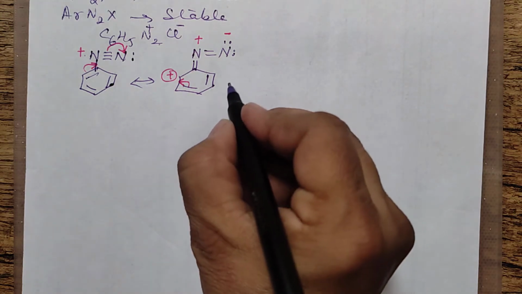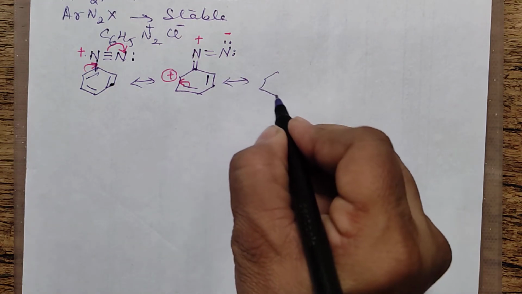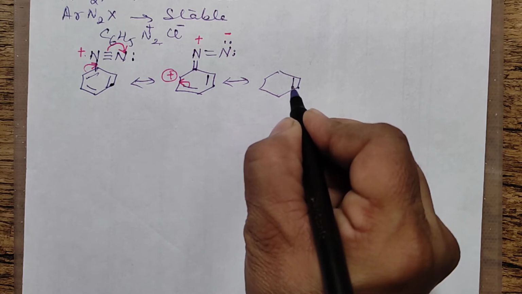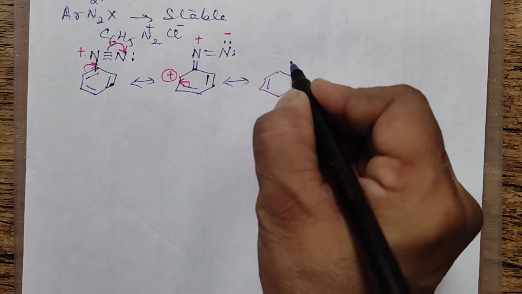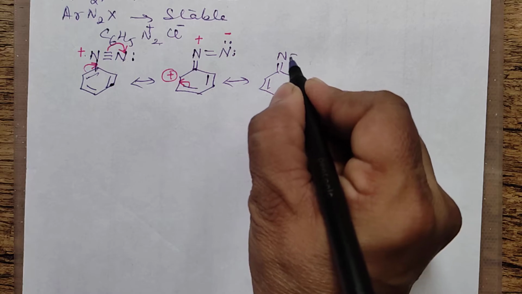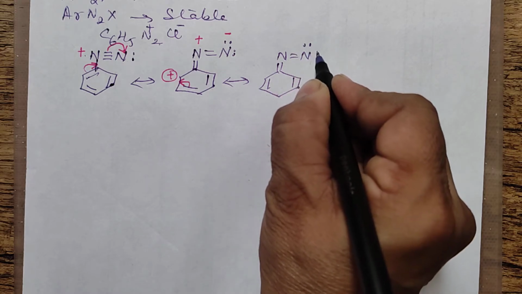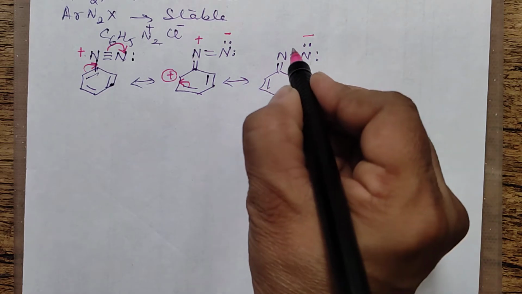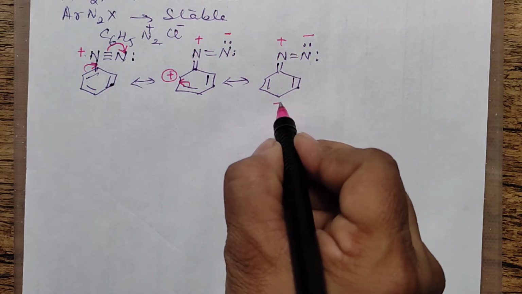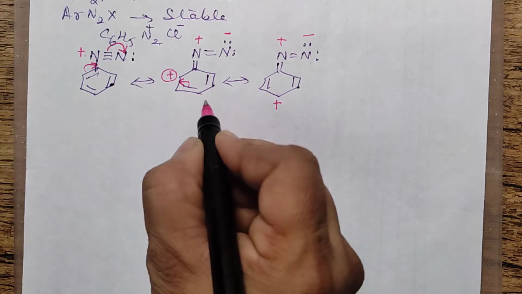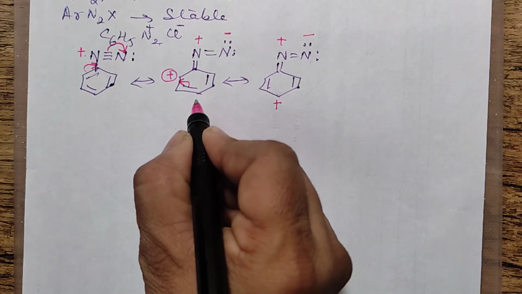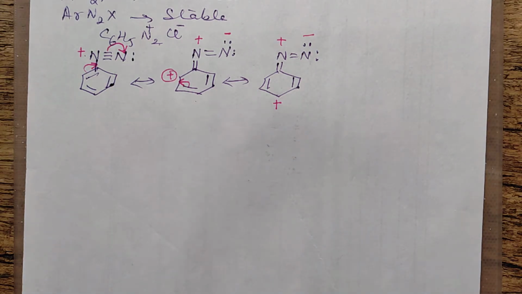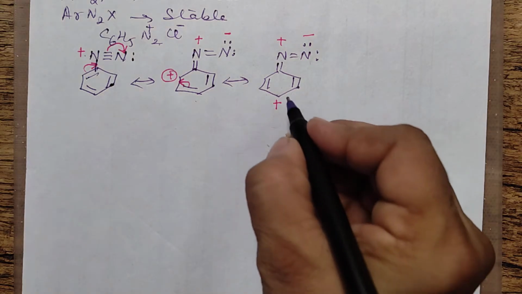So when this has moved the other side, what you will have now is, this has gone here, the remaining things remain as such, the two lone pairs you are going to show, and then this is negative, this is positive. Now the positive has shifted here because this has gone here, this is satisfied, and the positive has shifted down. Now same thing will happen in the next structure.